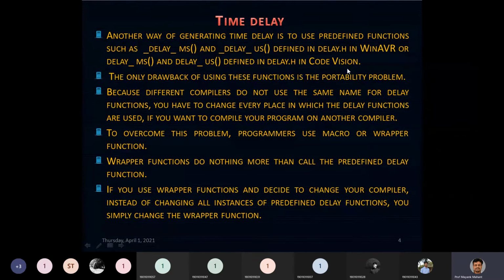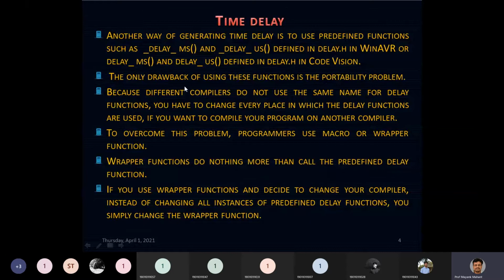But if you are using CodeVision, the predefined function is something like this. You can see the point of difference: this is _delay_ms, whereas over here there is no leading underscore, it is just delay_ms, delay_us. So different compilers use different predefined functions, and they are all included in delay.h.